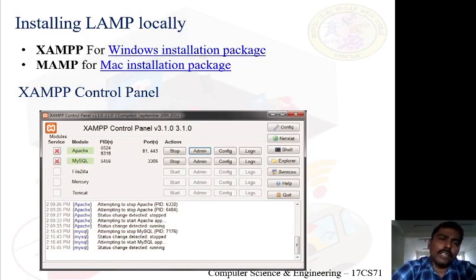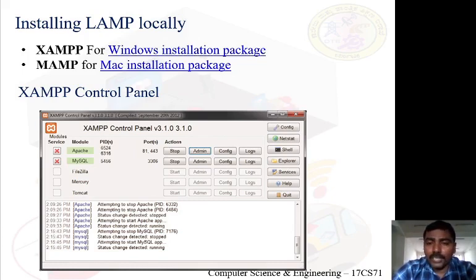I will choose what I need to start, Apache, MySQL, whatever it be. Let me assume Apache is sufficient; I am not dealing with databases, so I will start Apache. Once my Apache gets started, my desktop is acting like a web server.